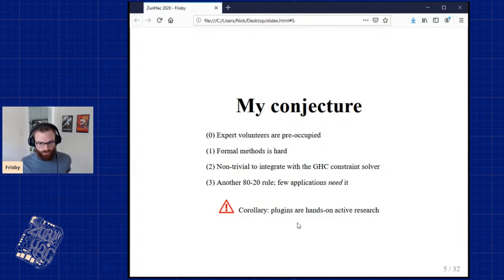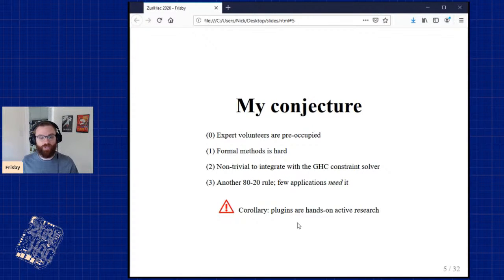And then lastly, it's just how all project management goes. Most GHC programs get by with what GHC can already do for naturals. I'm sure there's lots more that would benefit from more sophisticated naturals, like maybe a strongly typed vector library that has lengths in the types. I've written a couple of those and they're awkward because GHC doesn't know about commutativity when you append vectors, things like that. But the main message here is that plugins are the sharp edges. It's a pretty raw part of the GHC compiler interface, but they're really cool when you get them to work. So I don't want to discourage you, but I do want to warn you that it's